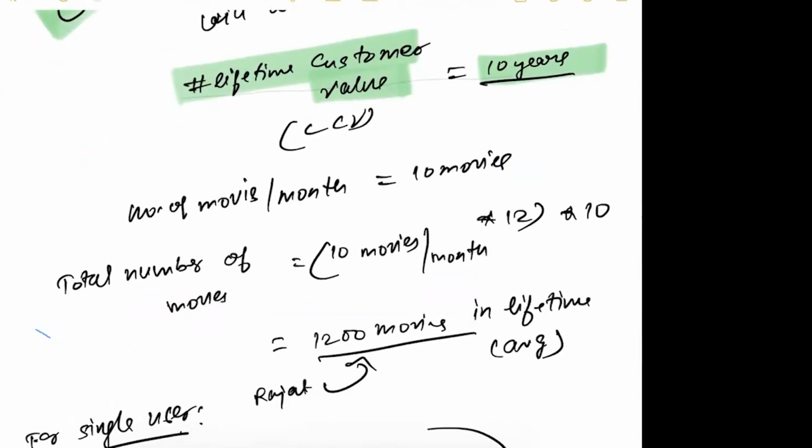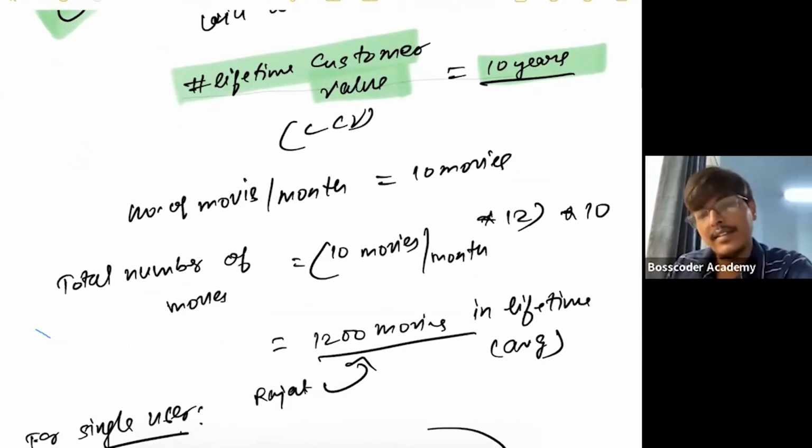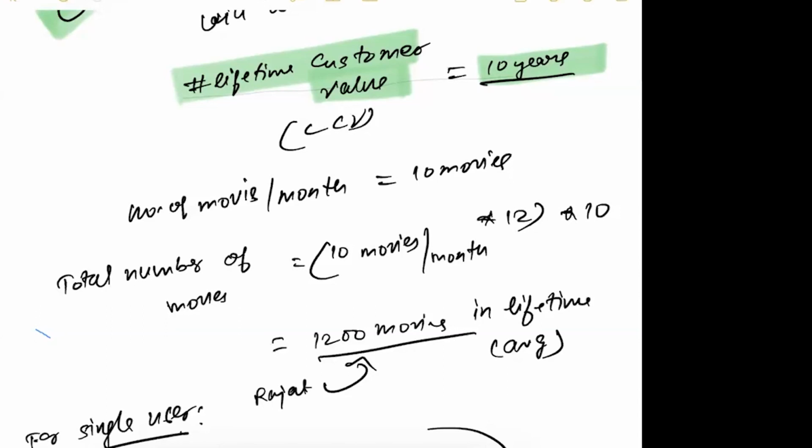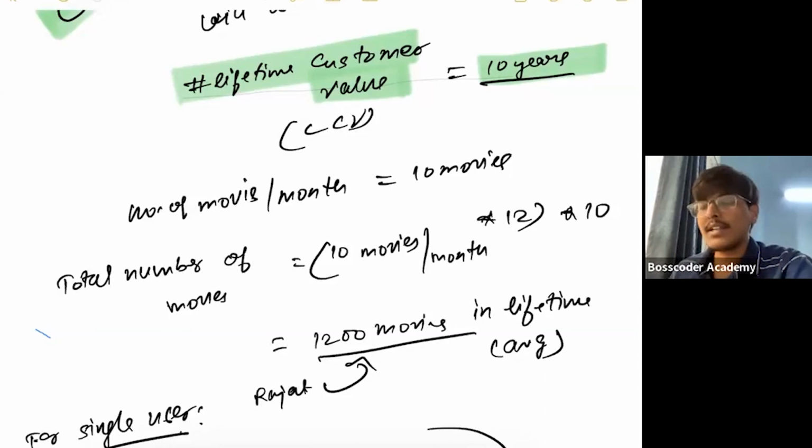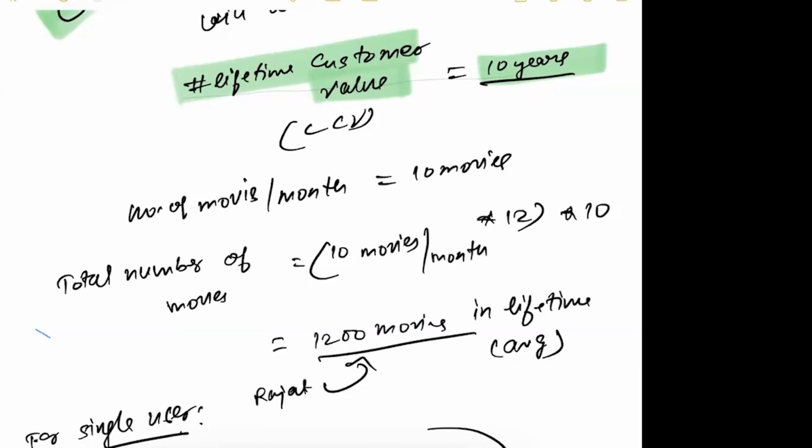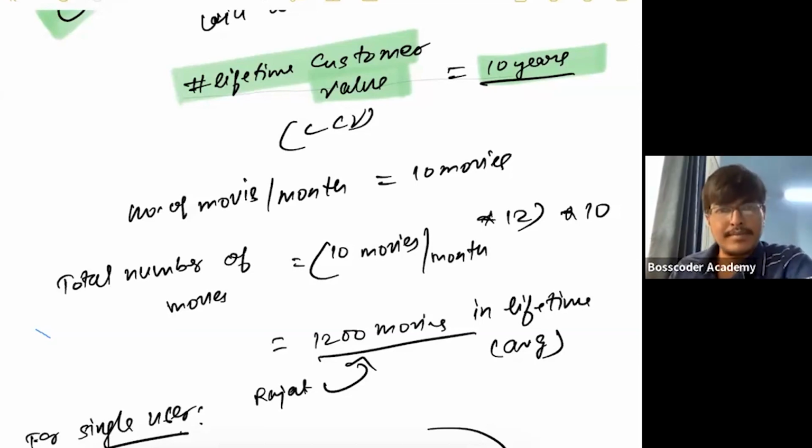But how can we show that it's 10 years? Because even after 2 years, people leave according to the data. Yeah. So we are not sure. We are estimating, right? Some user might leave in 1 month itself. Some people might stay for 50 years, right? So on an estimate, we are saying people stay for 10 years. Our estimate might be wrong, but we are doing scale estimation. Okay. Make sense? Yes, sir.